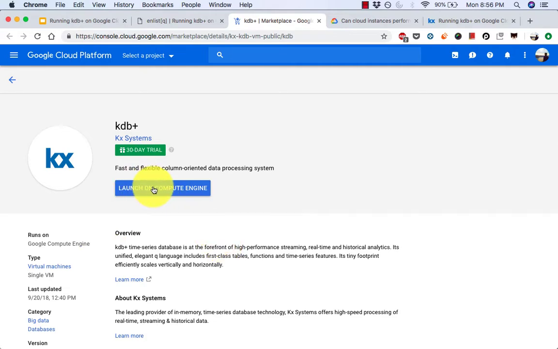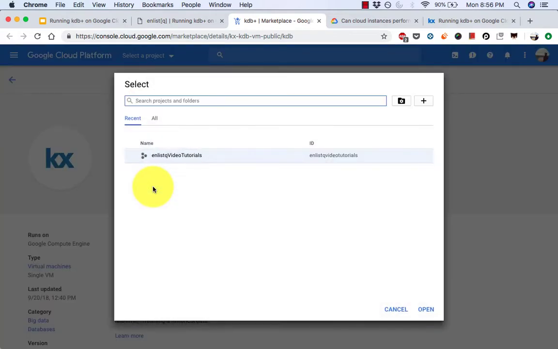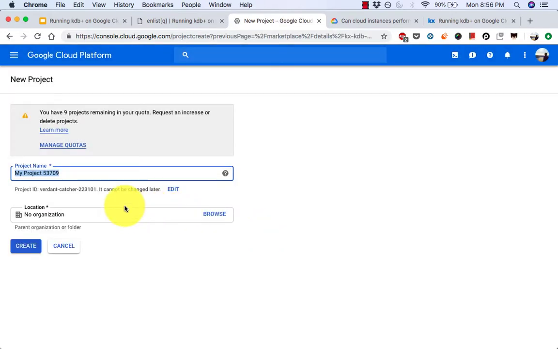Click here, Launch on Compute Engine. It'll ask you to select an existing project that you might have or create a new one. So we'll just do a new one. So we'll call it enlist KDB on GCP. Oops, sorry. You can't have underscore, so we'll do this. Okay. Yeah. So then create,